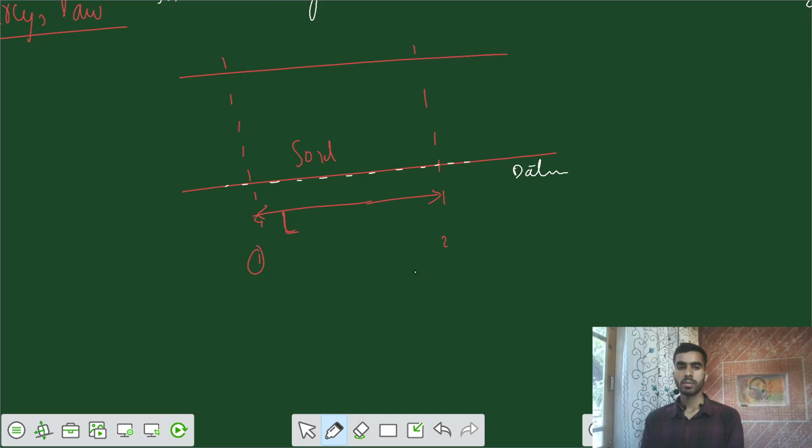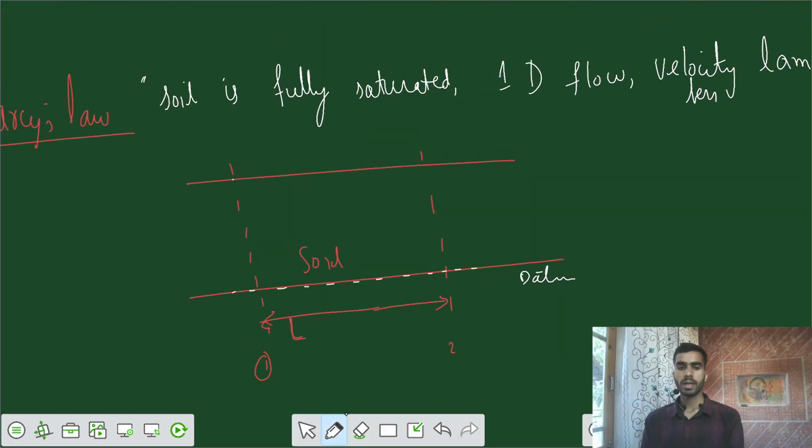So what is the head here? If the datum is the same, I'm going to say datum is the same here. I would say that total head is actually the pressure head here. Here we have a total head of H1. Let's say this is your head 1, and at this location we have a head of H2, such that the